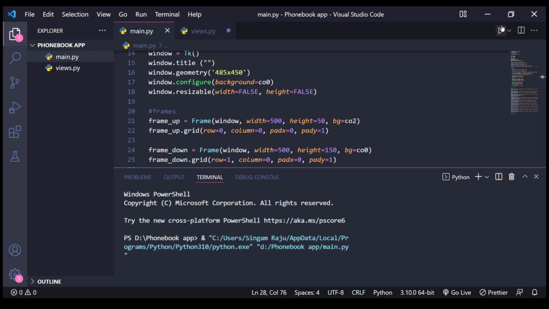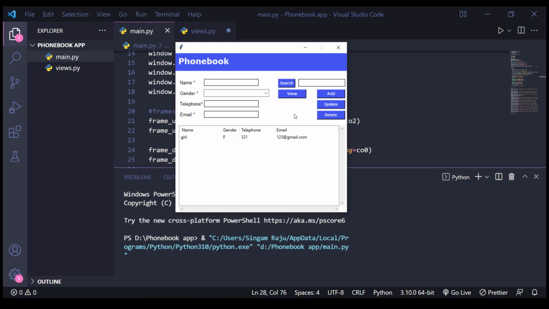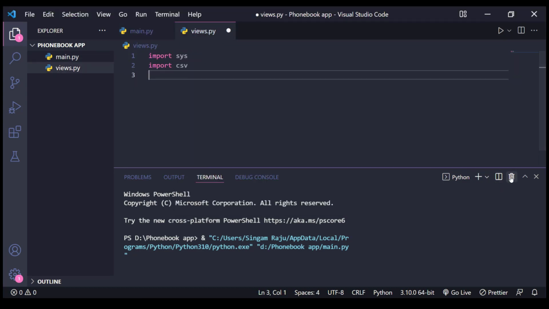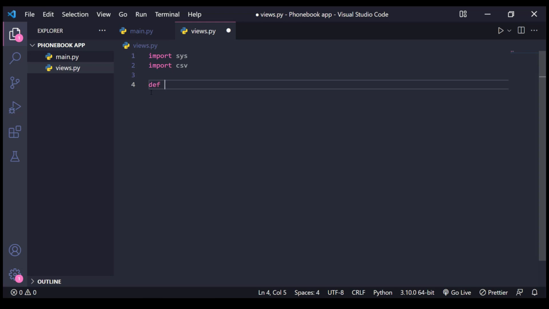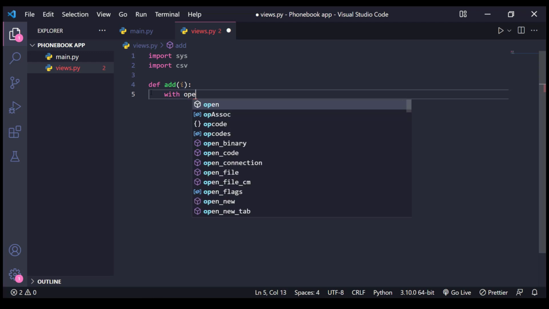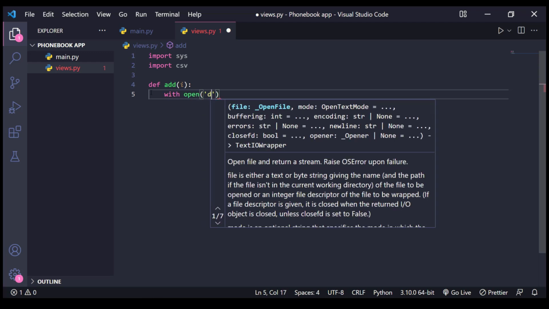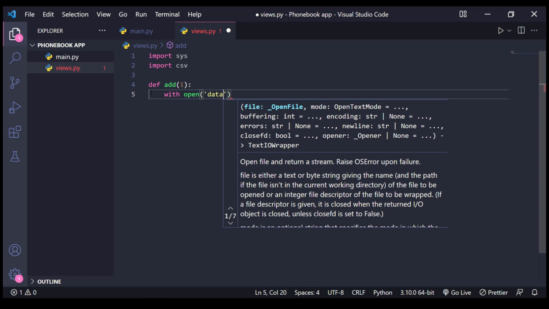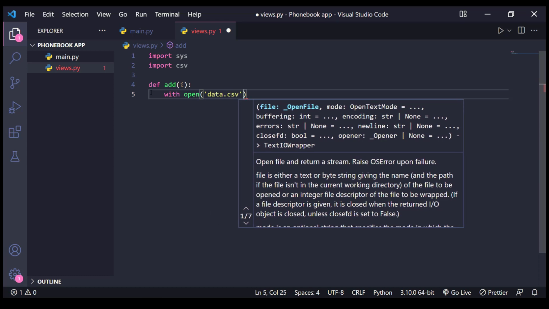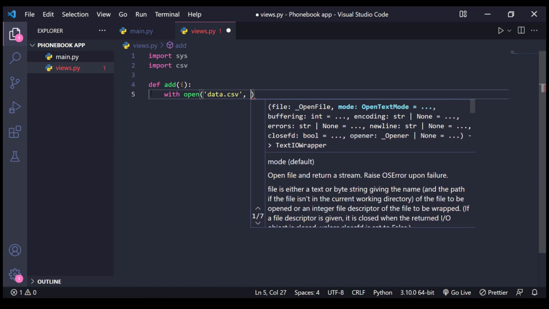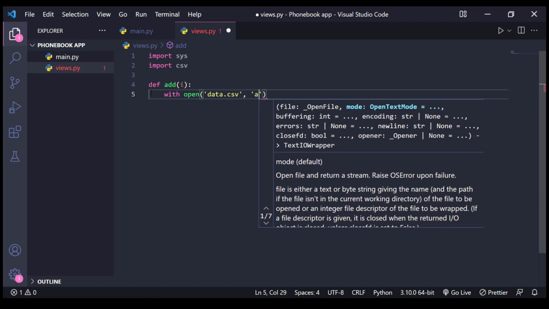In order to perform operations, first and foremost thing is we'll create a CSV file, and we are going to add dummy data into that. For that, I'm going to write a function called add data. So just give def add and just give i as parameter. I'll let you know why. And later we are going to create a CSV file, and for that, write code as with open data.csv, and we are going to use this file in append mode. So just give append